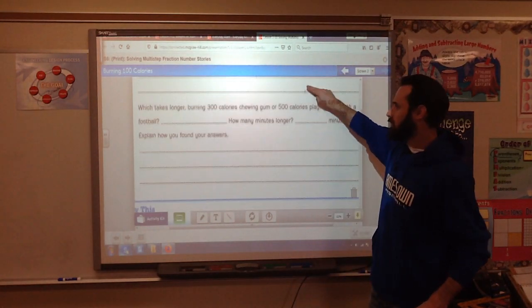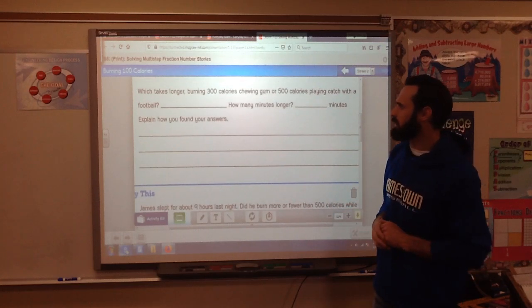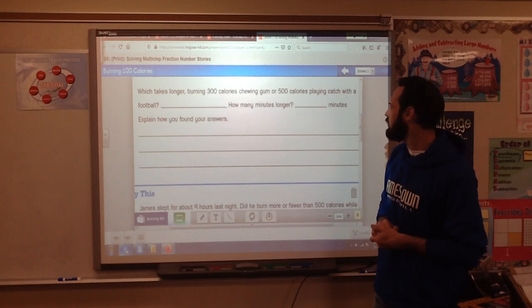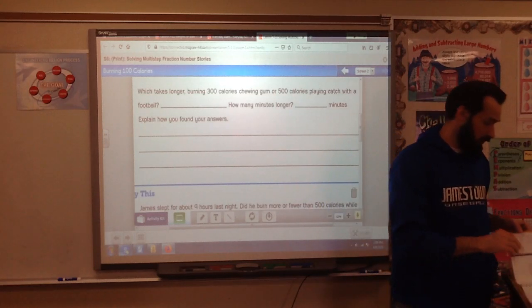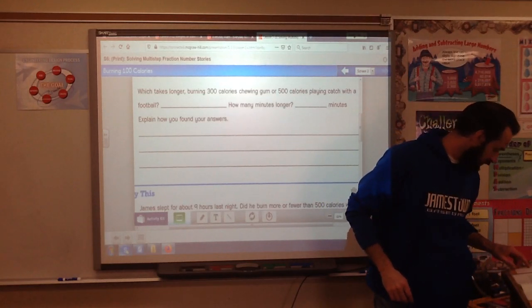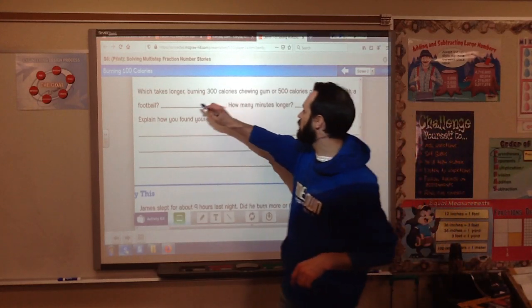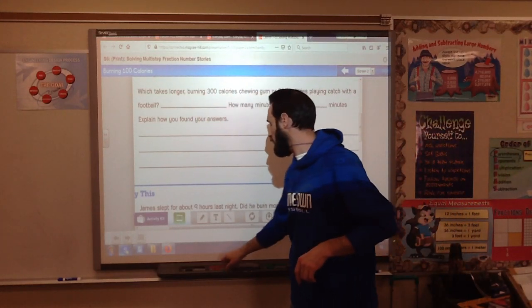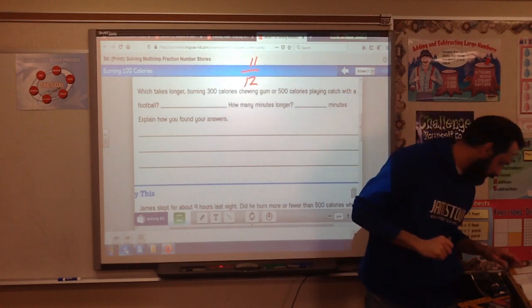And we're going to do this one real quick. Which takes longer, burning 300 calories chewing gum or 500 calories playing catch with a football? And how many minutes longer? Okay, so I'm going to look back at my chart, and chewing gum would take, I'm going to use a different color because of the blue, 11/12 of an hour. And playing catch with a football